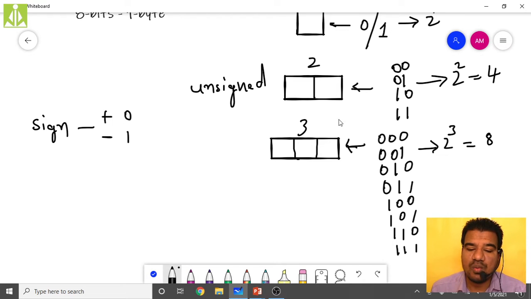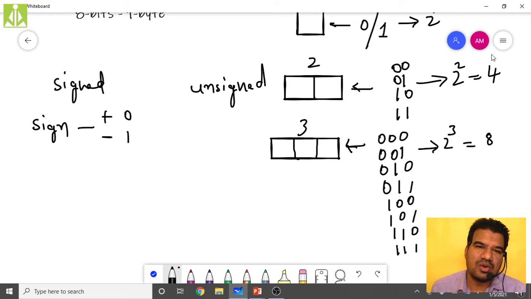Whatever bits of memory they are allocating, we reserve 1 bit to store the sign, if it is a signed integer. If you allocate that 1 bit to store the sign in a 1-bit case, there are no other bits to store the value, isn't it? So we are excluding the 1-bit case. We start with 2 bits, and in that we reserve 1 bit for storing the sign.